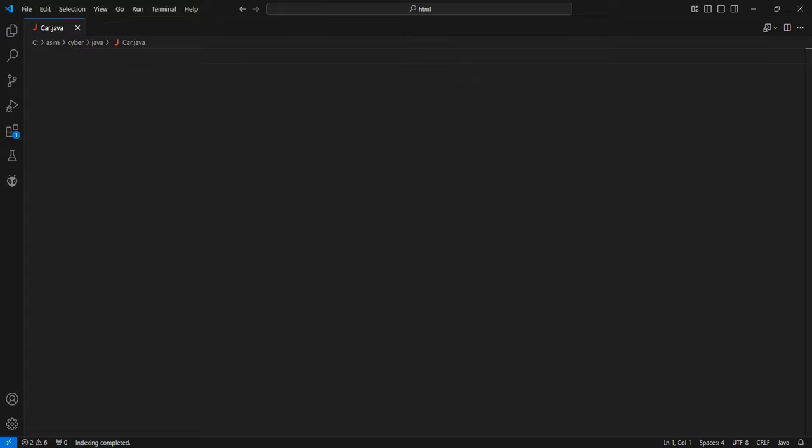This is a simple example that shows how Java constructors work by creating a car class. The class has properties like the car's model, year, and price. The magic happens with two constructors: a default one that initializes a car with default values, like unknown for the model, 0 for the year, and 0.0 for the price, and a parameterized one where you can pass in your own values when creating a car, like Tesla Model S, 2023, and